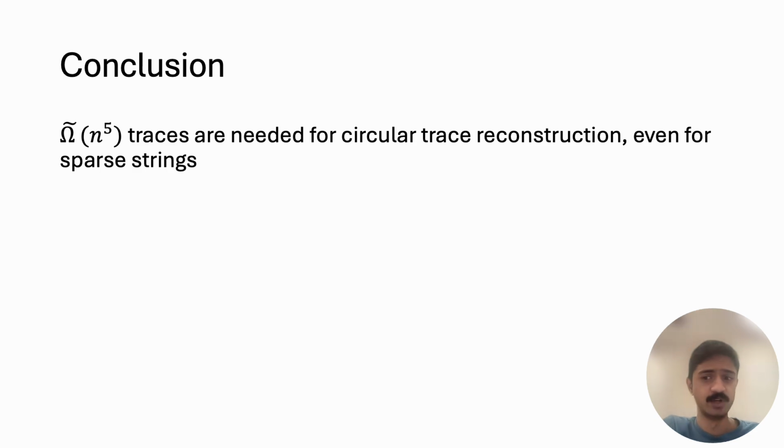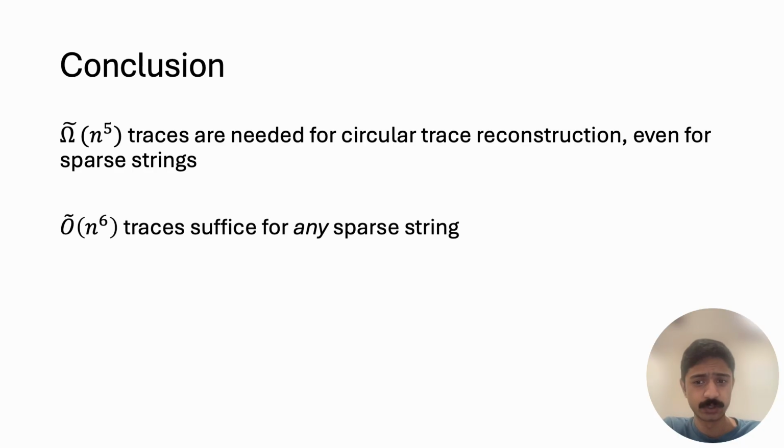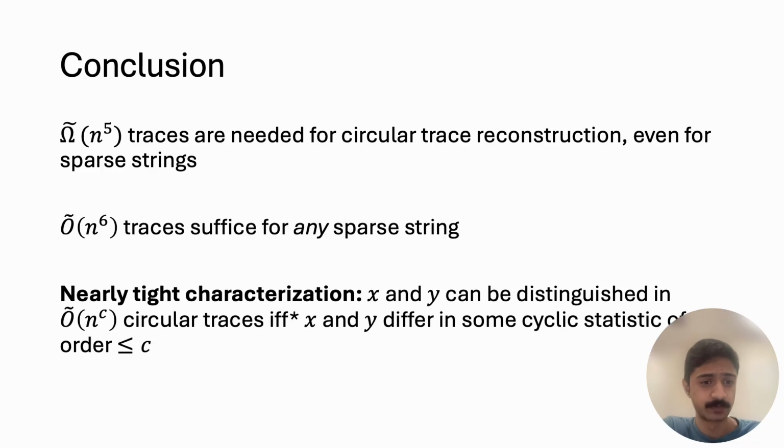So here's one last summary of our results. Omega of n to the fifth traces are necessary for circular trace reconstruction, even for sparse strings. And this result is almost tight. In fact, roughly n to the sixth traces suffice for any sparse string. And both of these results, surprisingly, come from the same nearly tight characterization of strings in terms of cyclic statistics,